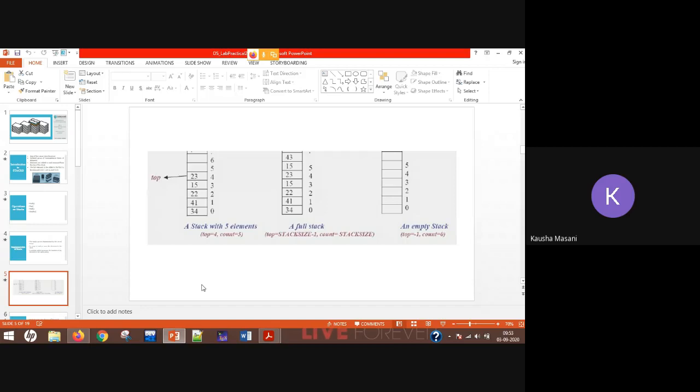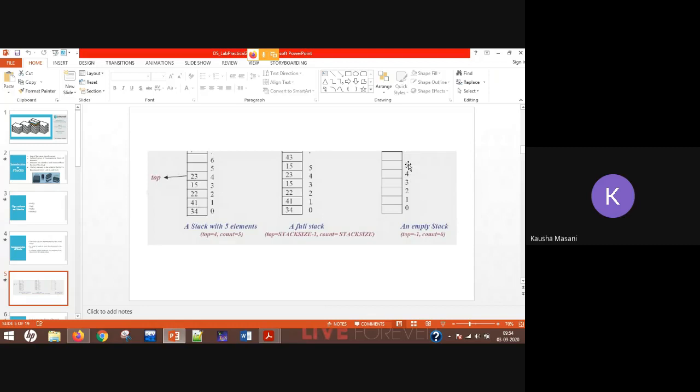So how are you going to check? If top is equals to -1, or top is less than stack size -1. Why stack size -1? Because this is about index values, and top maintains the index values from 0, 1, 2, 3, 4, 5.